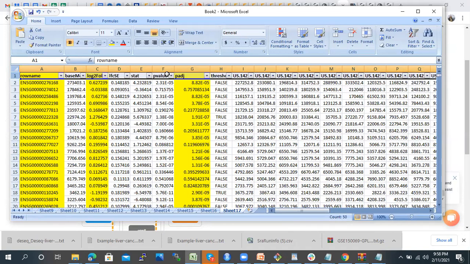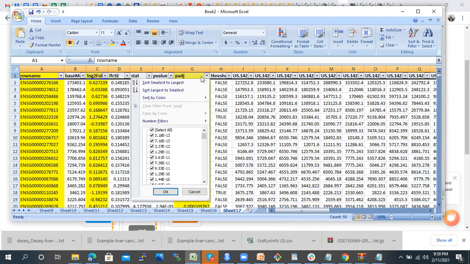The P value is usually used for two samples. When you are actually doing multiple testing, with a large number of samples, in the literature the P adjusted value is used. It is also known as FDR. So you can select FDR, that is the false discovery rate, right? Okay. Then you can actually sort, if you remember, smallest to largest.